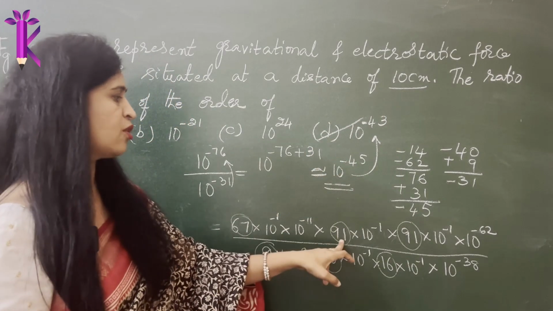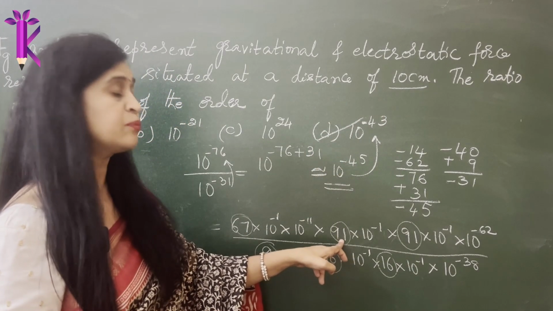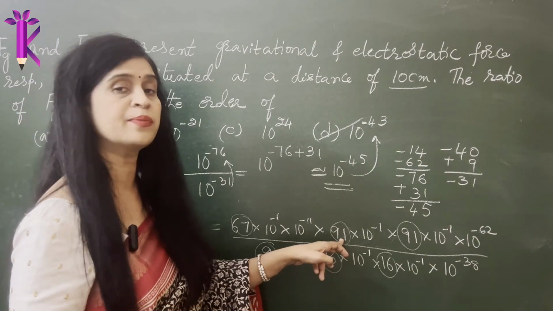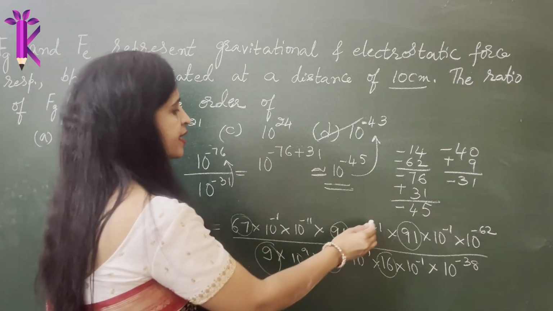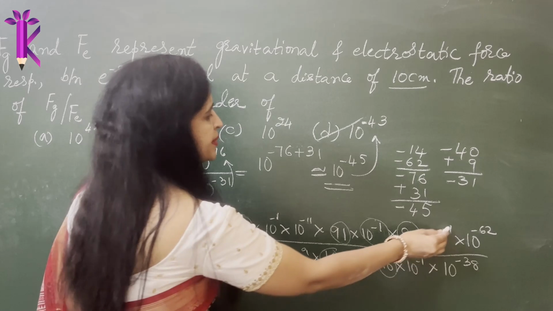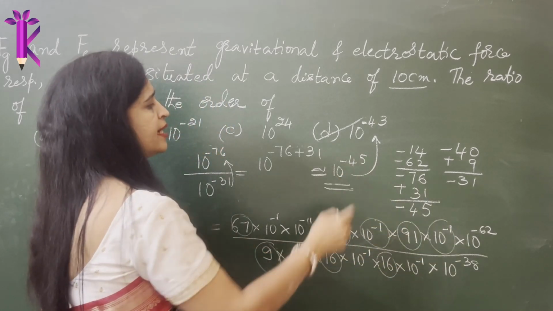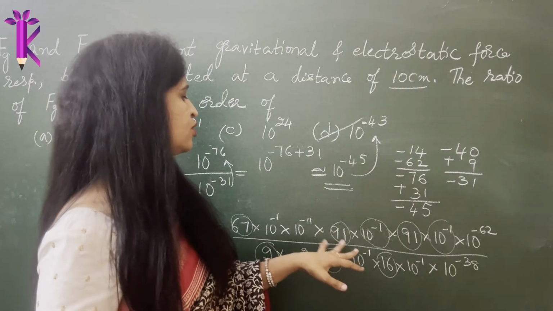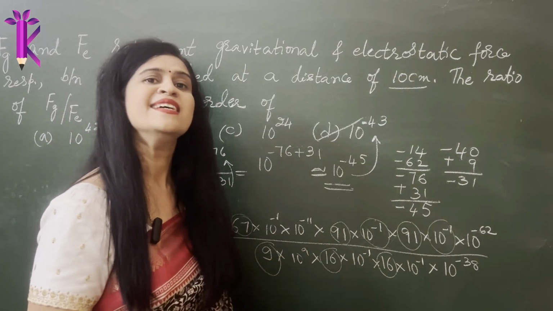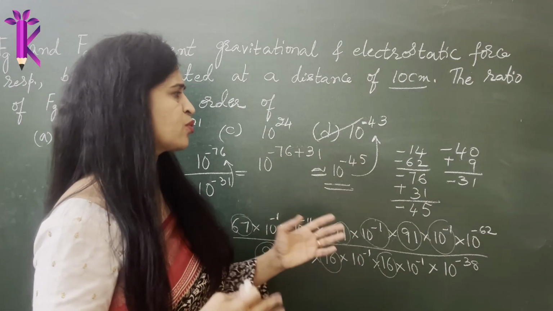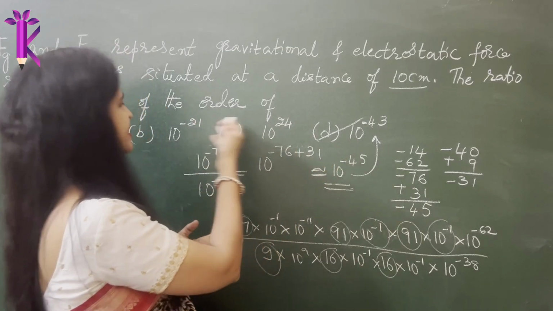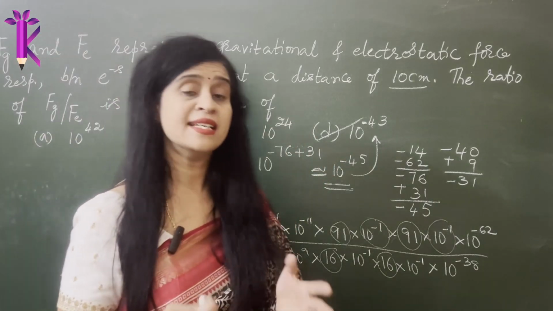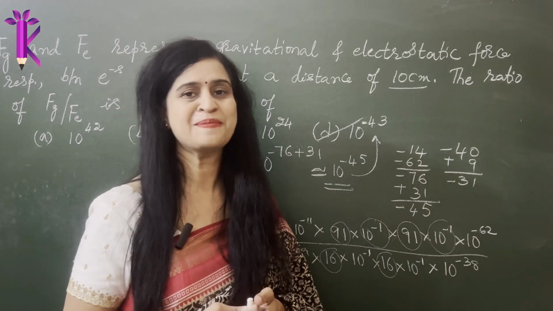So imagine if we had not converted this as 9.1, if you had approximated it to be just 9, then you would not get these powers of 10. These would have been eradicated. So you would have somewhere ended up between 10 to the power of minus 44, but I did not approximate there. I took it as 91 into 10 to the power of minus 1, but no problem. You could easily figure out what's the right answer. This is how you calculate the order of magnitude.